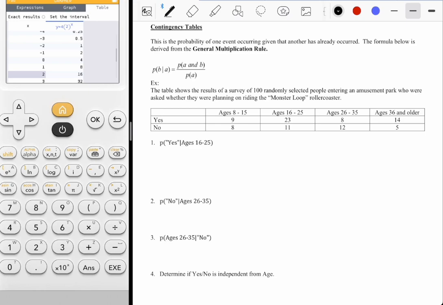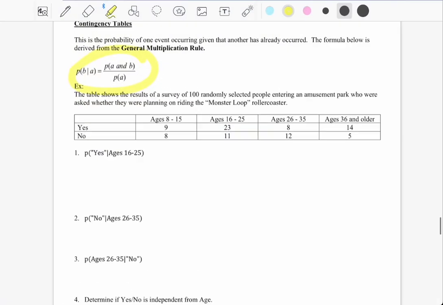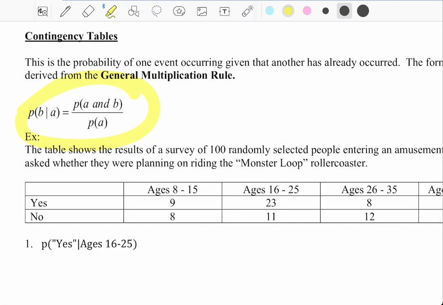We have this good looking rule right here. And actually I can close down the calculator for a little while. So probability of B given A is equal to the probability of A and B divided by the probability of A. Right? So this vertical line here means given. I'll actually just draw an arrow to it. Given that,